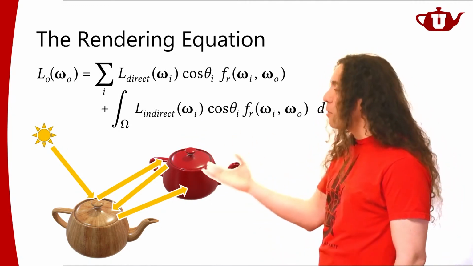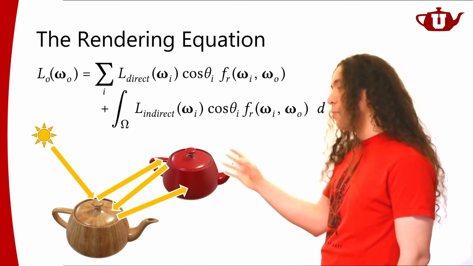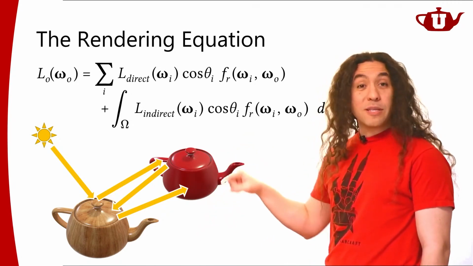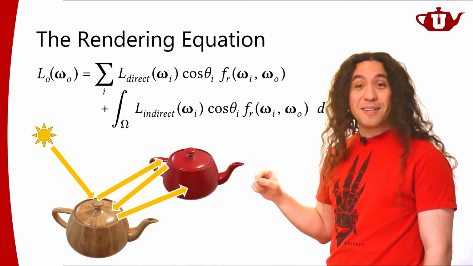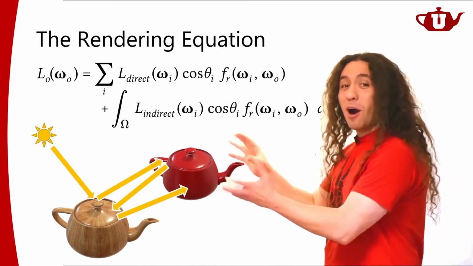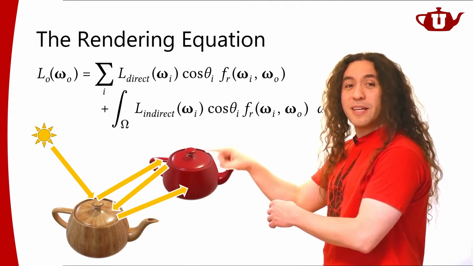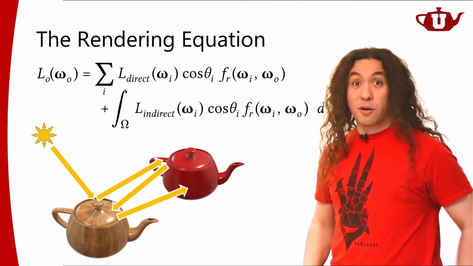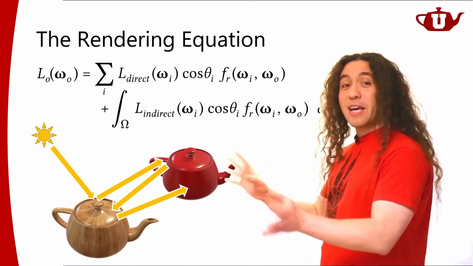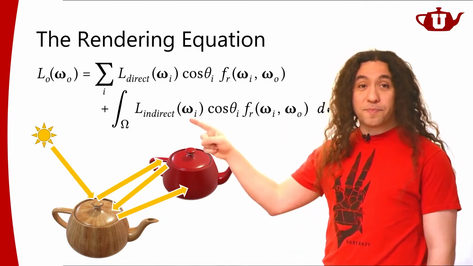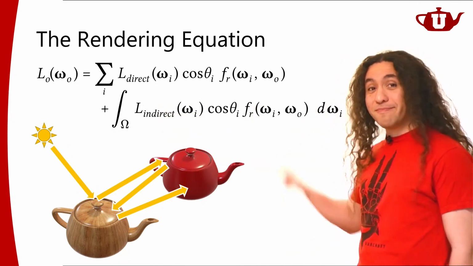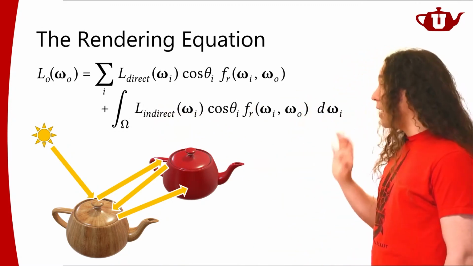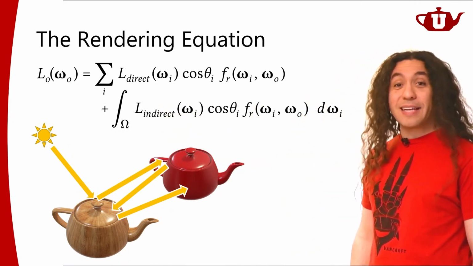And I've simplified this discussion here saying there's one teapot, the other teapot, but obviously different parts of the same teapot will be reflecting light as well, right? So within the same object, I'm going to have light bouncing off of different parts of the surface. So this whole thing is quite a bit more complicated. And this is what accounts for global illumination. This indirect illumination part is a lot more complicated.